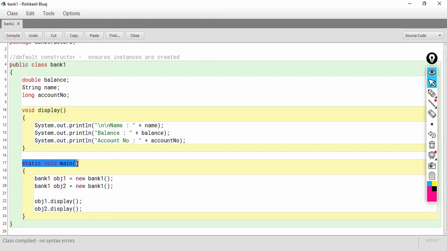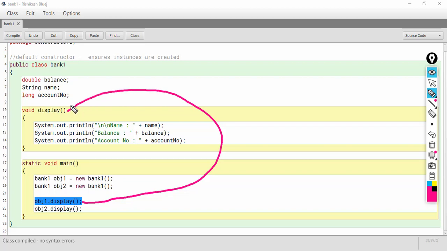So in the main function, come to the main function first. We created an object obj1 and then we created an object obj2. Now using obj1 I am calling the display function. So what will happen when I call the display function? The control will come to this display function and it will display the name, balance and account number associated with obj1, because obj1 is the calling object.